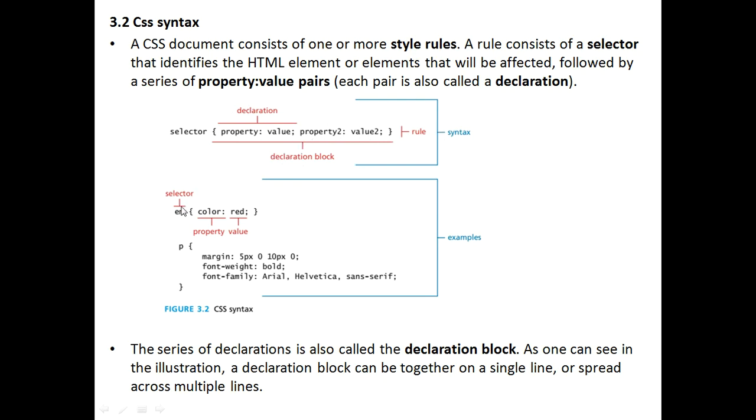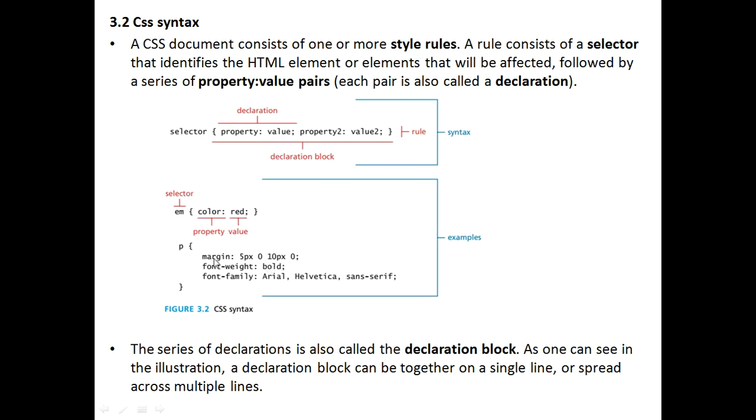One more is a selector, property, value. It's a second one. Again you can write a third one in this way. This is an example, right? It's a syntax. Here, em color colon red: em is a selector as you learned here. Color is a property. Red is a value. So we used only one property value pair here.